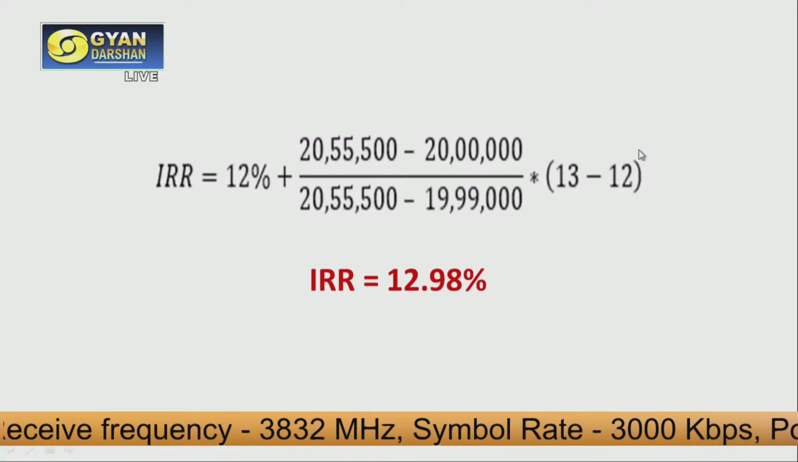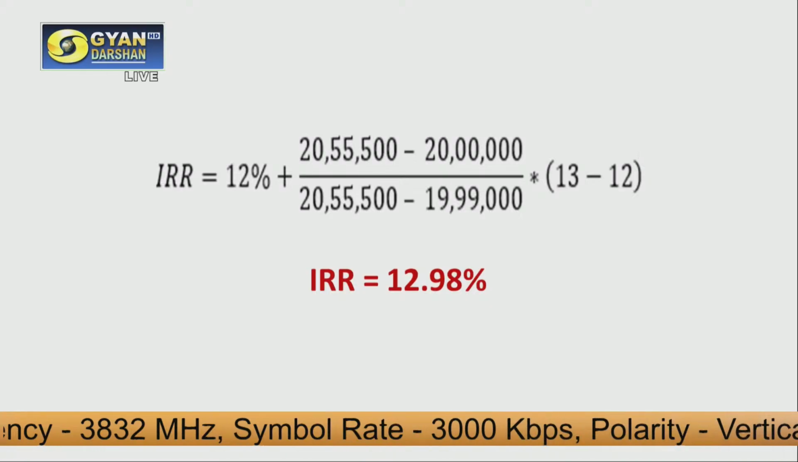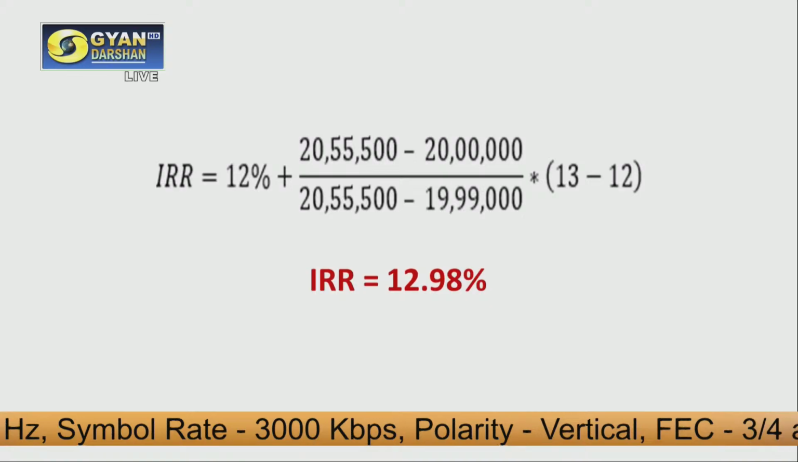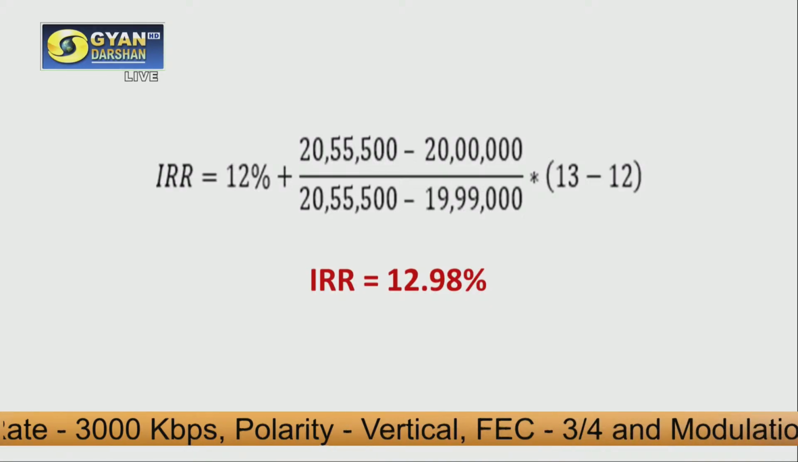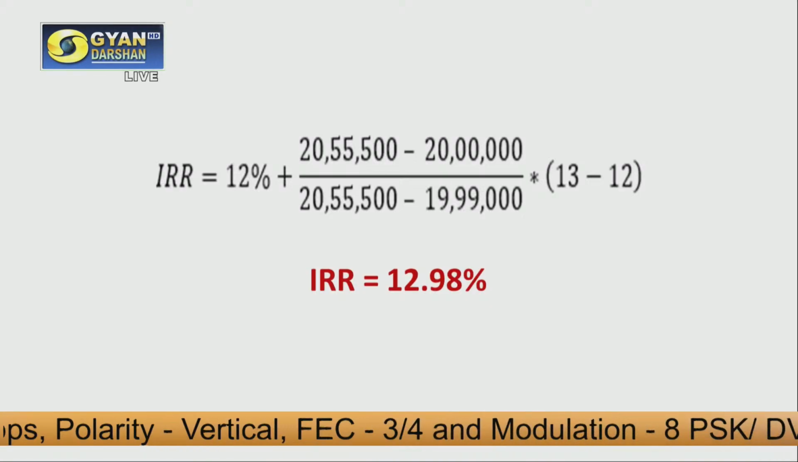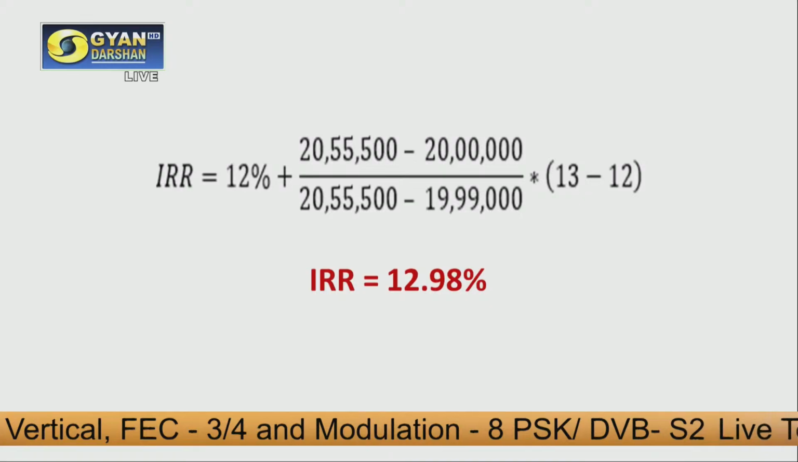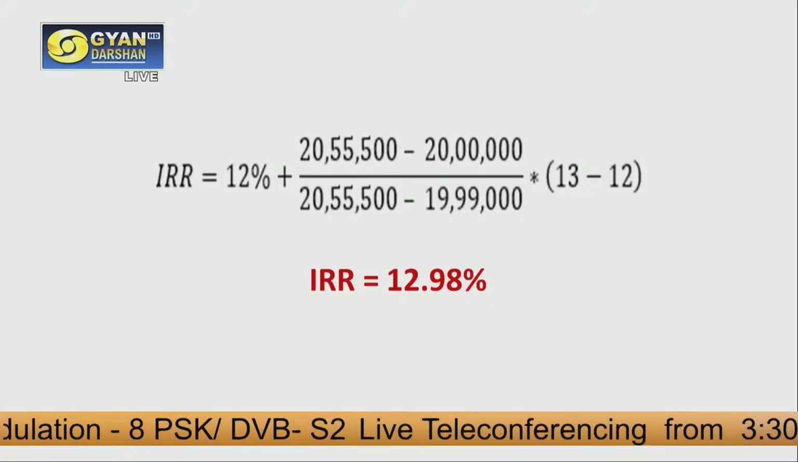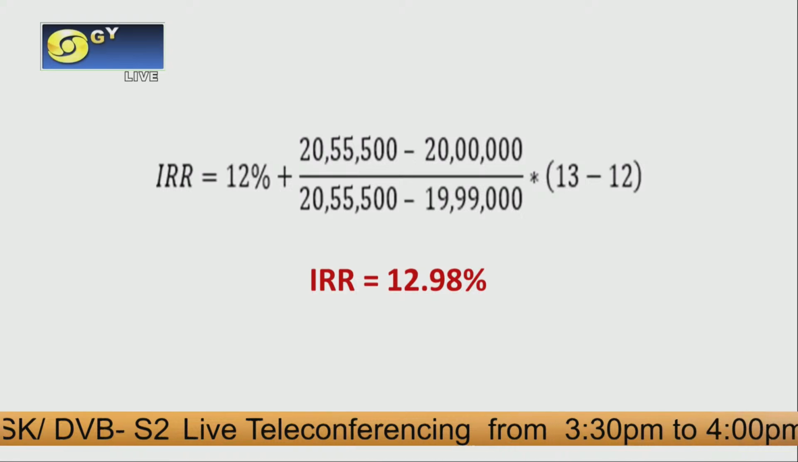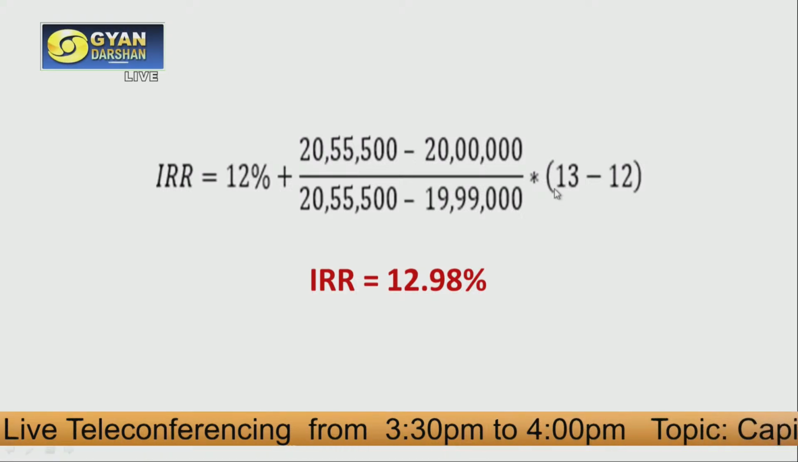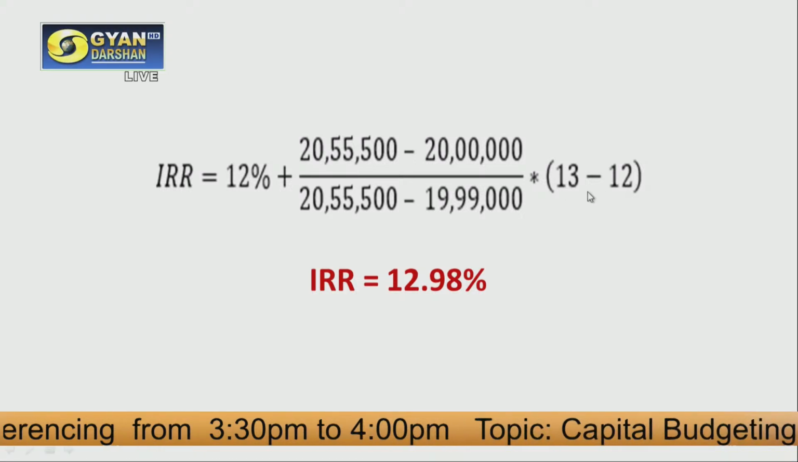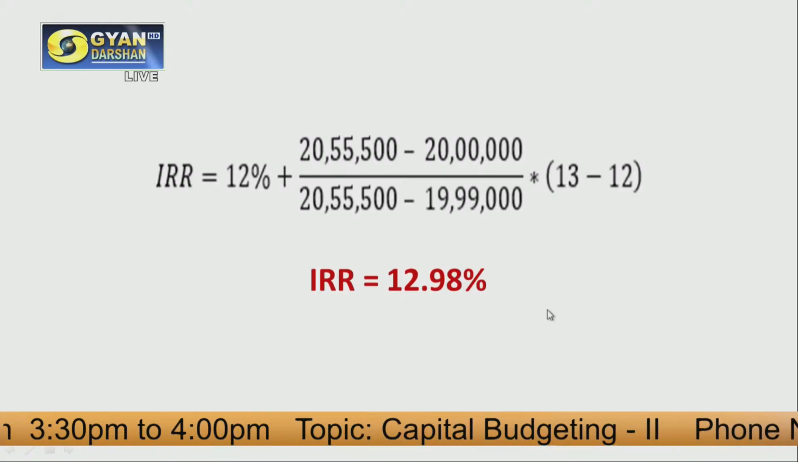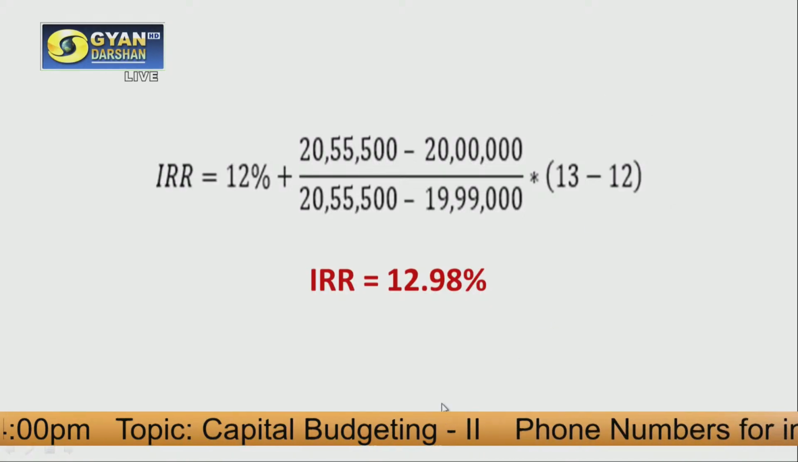Why? Because the difference between the rates that I have taken for calculation of my NPV here is 1% only. If in the first calculation I did it for 12%, the second calculation may be possible I may try for 15%. Then in this case this amount will be 15 minus 12. So by interpolation, by solving this step, I got my answer, which is